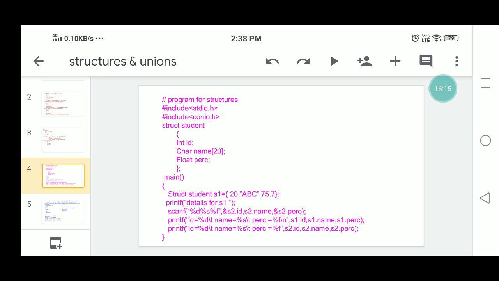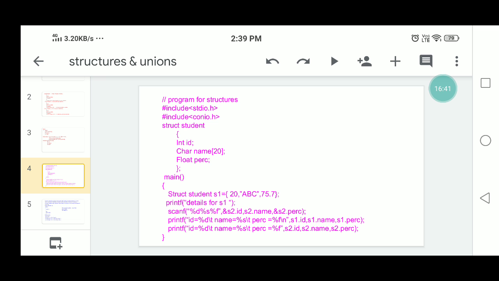Next, scanf %d for s2.id, %s for s2.name, %f for s2.perc, that is another structure variable. Then next, printf these two structure variables' data values with two printf statements.